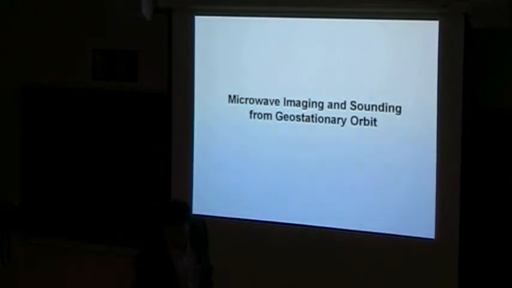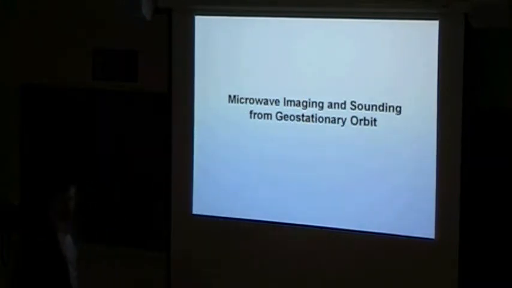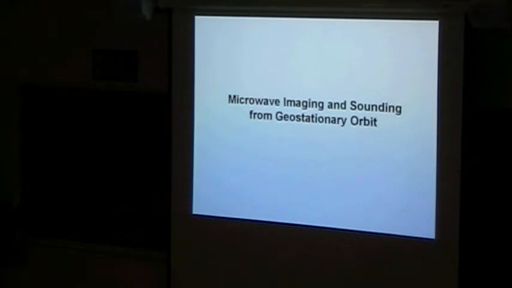Now, what's the Holy Grail here? The Holy Grail is microwave imaging and sounding, which is profiling, from geostationary orbit. Now, in the mid-1960s, we first put a camera up in geostationary orbit. This was a visible camera and allowed us to see for the first time clouds evolving. Spatial resolution was rather moderate, around 10 kilometers, but it did allow us to